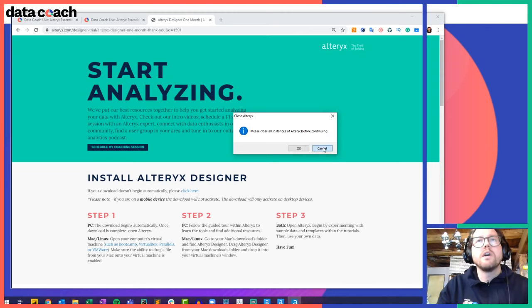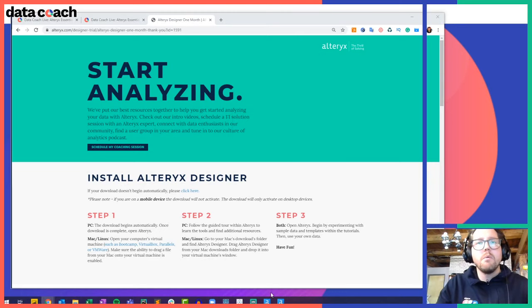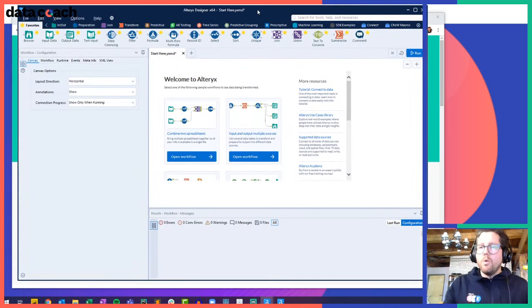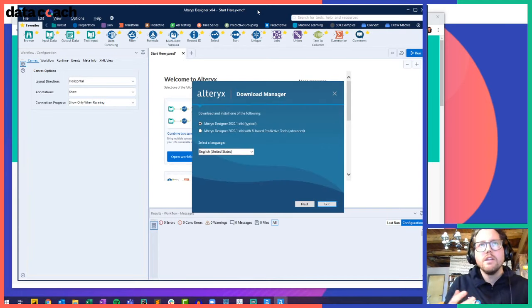Okay, so you can press OK. I'm going to cancel. And what we'll do here is we'll actually launch Alteryx for the first time. So go ahead. Once you click install, once it installs your Python dependencies and all that kind of stuff, you'll get to this window. While you're clicking through those buttons and getting through that, I'll start to cover an overview of what Alteryx Designer looks like here,